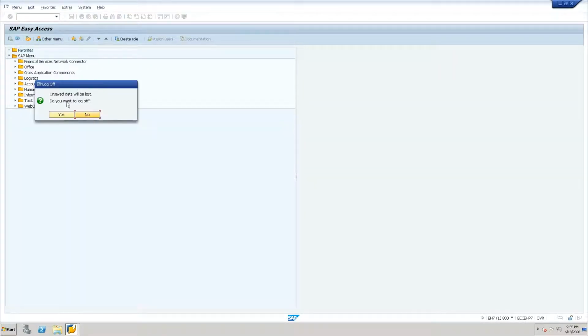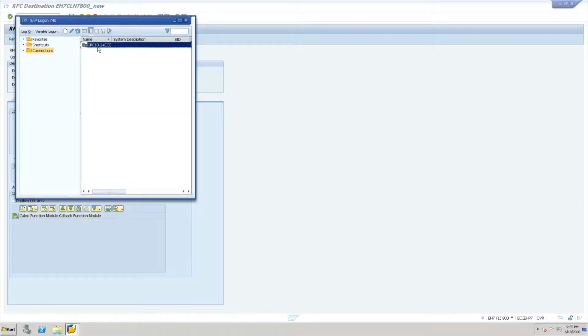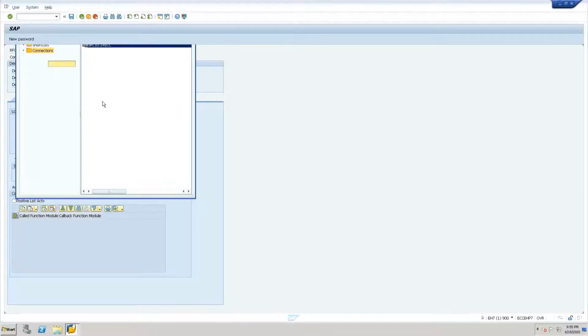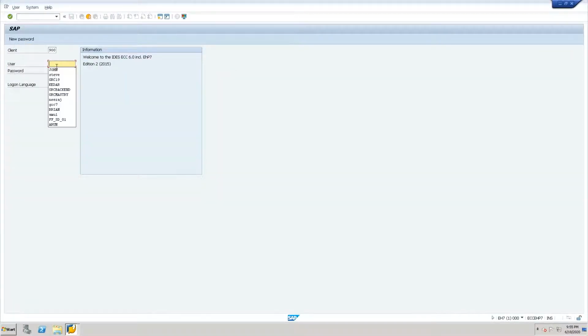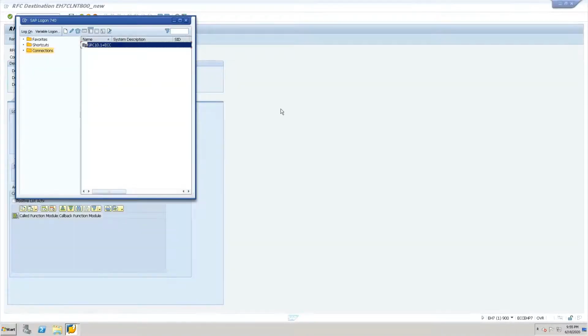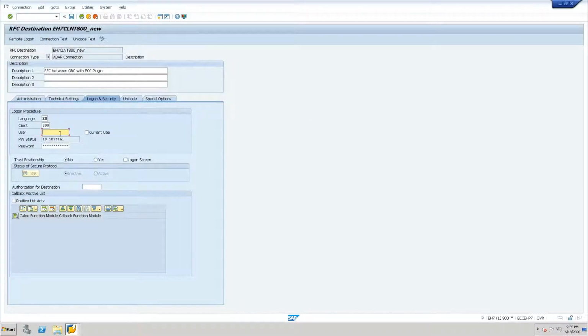Okay. So let me log off here, because I have to connect the system through RFC. So what is the ID we have? GRC backend. Okay, so here we can mention the same ID, GRC backend. Then I have to give the password.